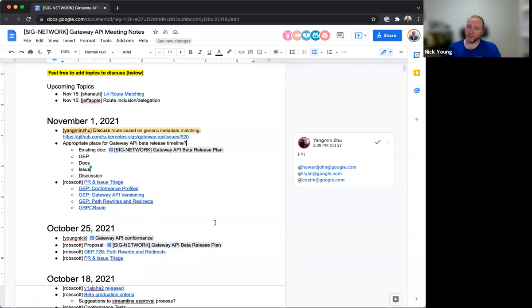If we were to put this in as a GEP or something like that, we'd have to have a thing at the top to say this was the plan as of this date. If you're looking at this after this date, then you should really consider that maybe it's been updated. You might have to go somewhere else to look. But a blog post kind of has a built-in expiration or staleness marker by virtue of the fact that it was published on a specific date. That's a good point. I hadn't actually thought of a blog post, but that's a good way to incorporate it into the website with, as you're saying, a very clear published date, which is important for this.